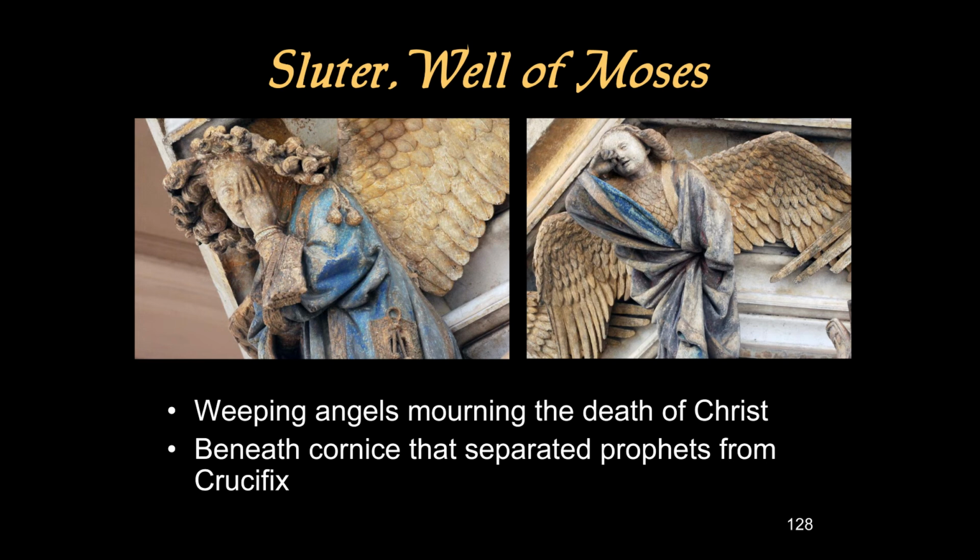You may have noticed that up above the prophets, there were some angels, and you can see that there's still some paint attached to them. The angels are mourning the death of Christ. They're weeping. They're rubbing their eyes. They have a variety of gestures to show their sorrow. And that, of course, is because right above is the crucifixion of Christ. And they serve as a kind of transition. They're right below that cornice, where up above would be the cross of Christ, and above the prophets. And, of course, angels up here are talked about in both the Old and the New Testament.